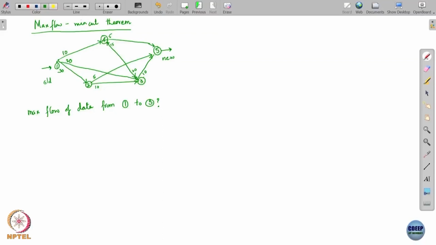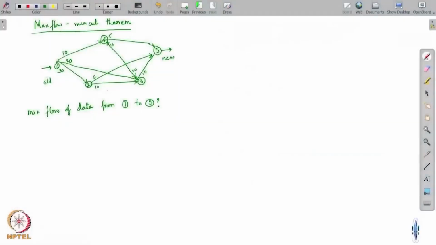Right? Where in this network are you going to encounter the bottleneck? That means, what is it that is throttling the flow of your data? And that's basically what this particular result actually tells you. So now, this problem of finding the maximum flow from 1 to 5, we can write this as